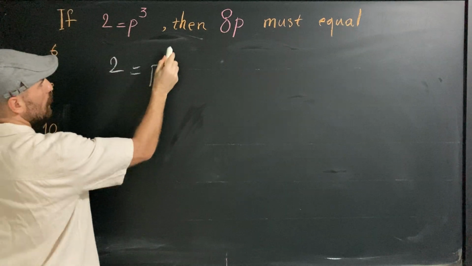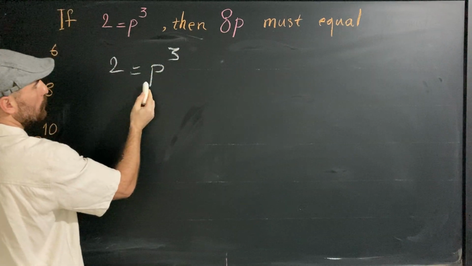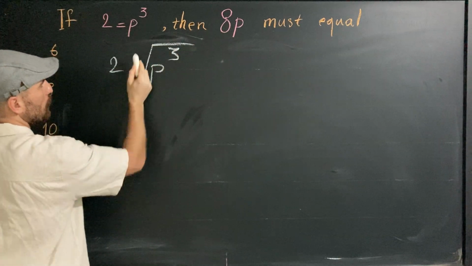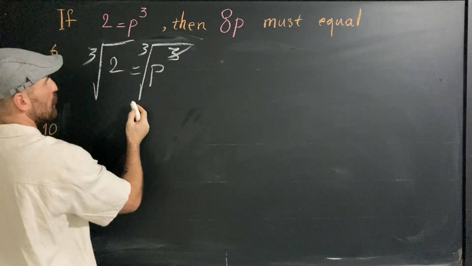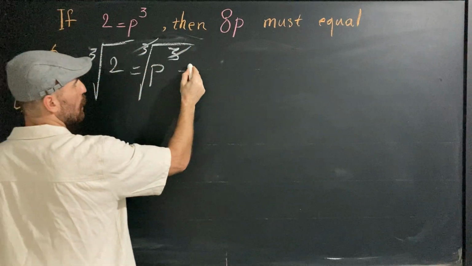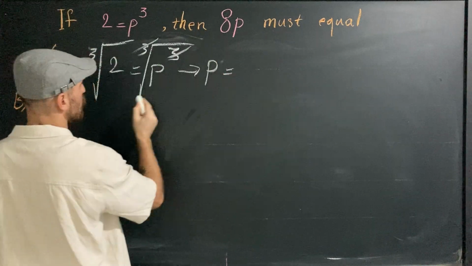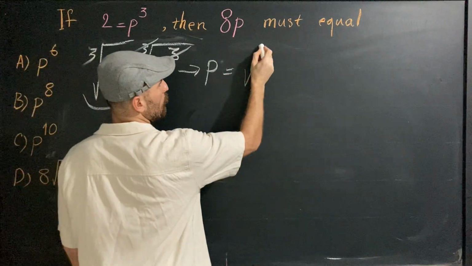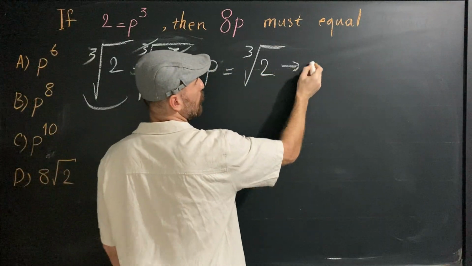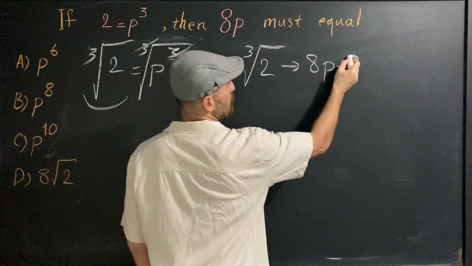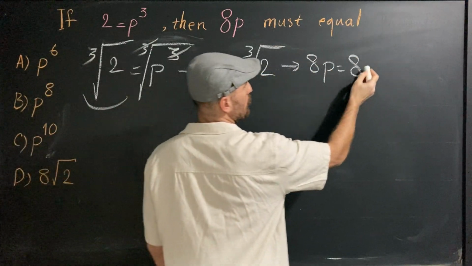2 equals p cube. What is the value of p? To do this, I'm going to take the cube root of both sides. So this 3 as exponent and this 3 as root can be cancelled off. The value of p is going to be cube root of 2. Now we are going to find the value of 8p, which means 8 times the value of p, cube